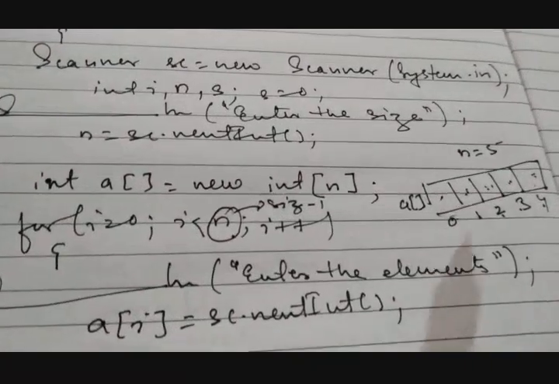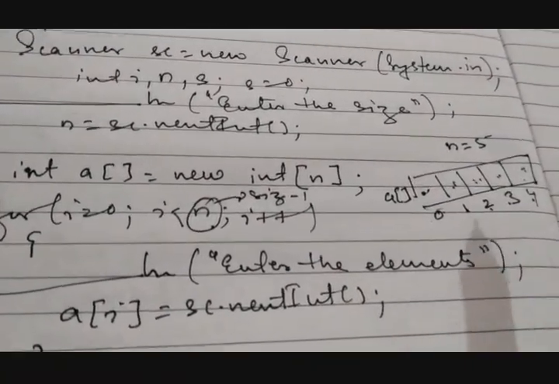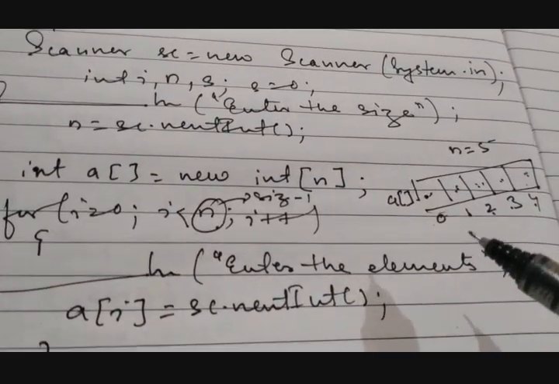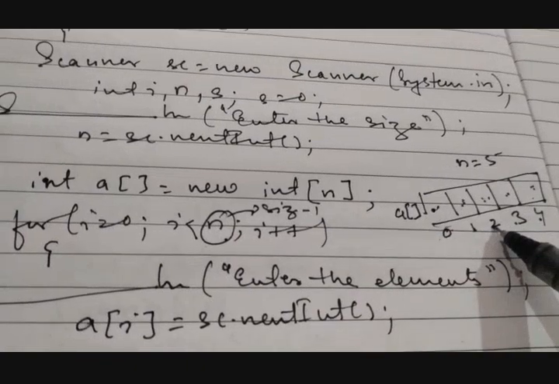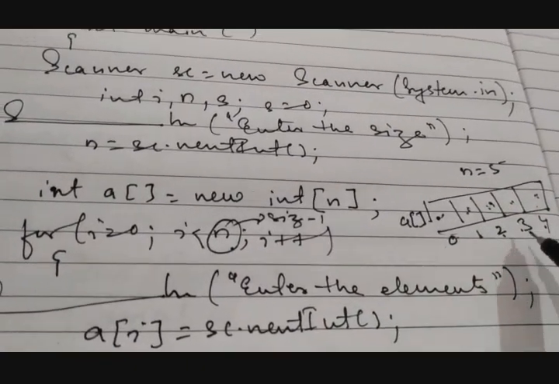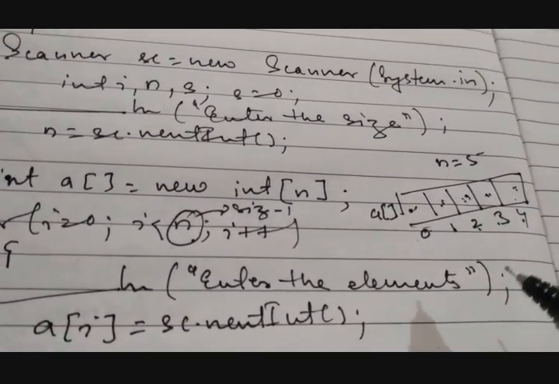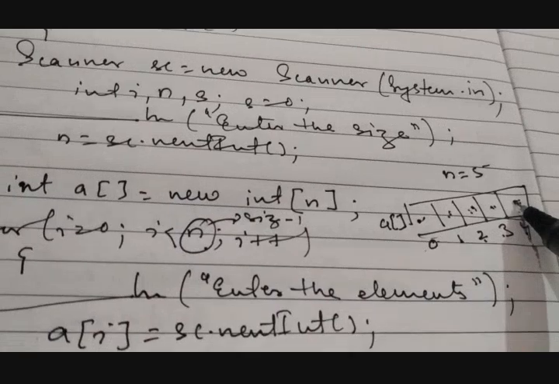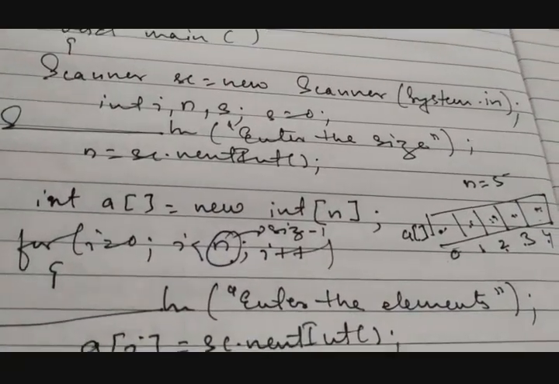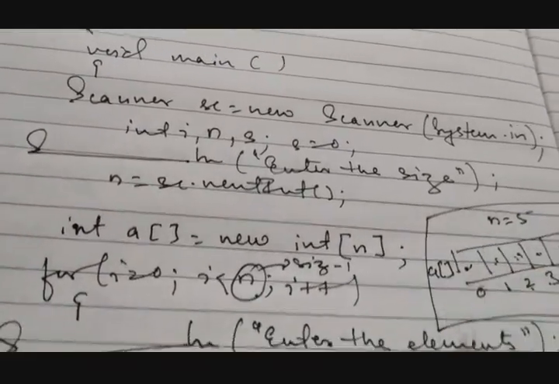जैसे i की वैल्यू अभी 0 है तो a of 0 में इनपुट करेगा, यानी कि पहला एलिमेंट मिल जाएगा। फिर i की वैल्यू जब 1 होगी तो सेकेंड एलिमेंट की एंट्री हो जाएगी। i की वैल्यू 2 हो जाएगी तो a of 2 में एलिमेंट एंट्री हो जाएगी। i की वैल्यू 3 होगी तो a of 3 में इनपुट हो जाएगी। फिर a of 4 तो लास्ट एलिमेंट इनपुट हो जाएगी। ठीक है, इस तरीके से समझो।